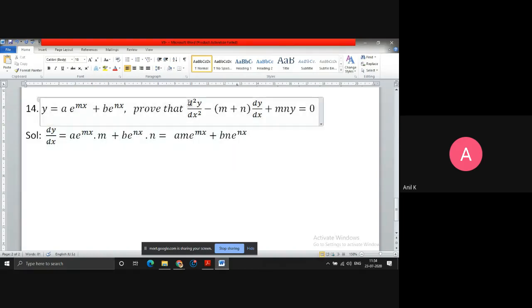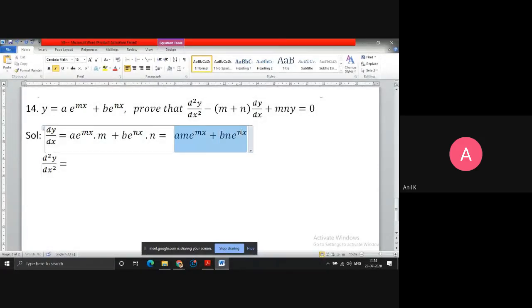Now what you do, you have to find the second derivative of the function. They are easy, right? They look easy. D square y by dx square equals to, now I have to do derivative of this function. If I do derivative of this function, can I say I'll get m square because am will remain same. Now derivative of e power mx is e power mx into derivative of mx is m. So m into m will become m square. So what I do here is a, then you will get m square.